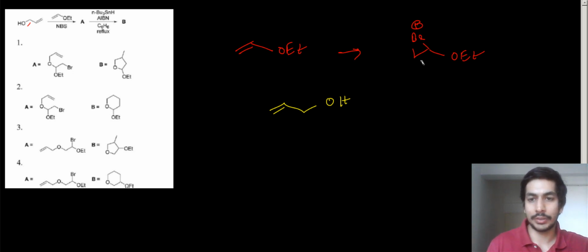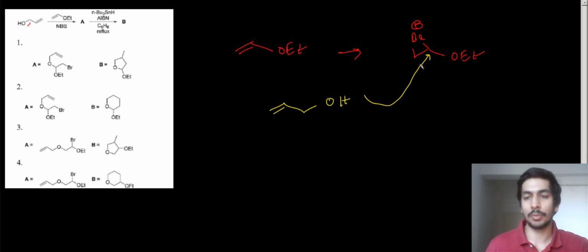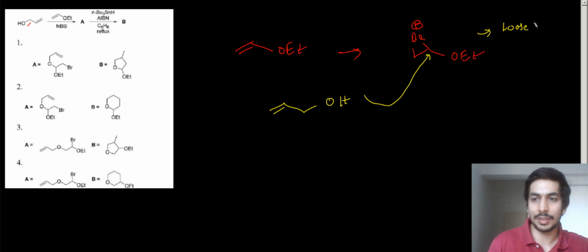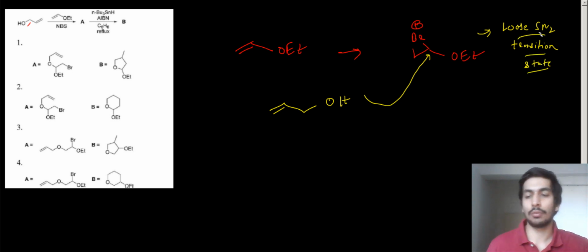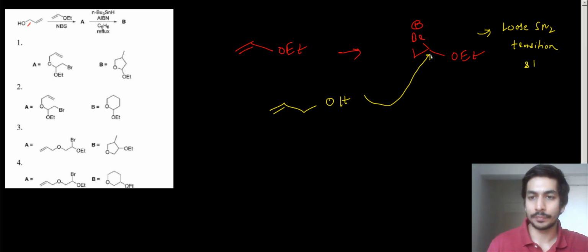In this particular case, the nucleophile attacks this carbon, the more hindered carbon, because of something called a loose SN2 transition state. Okay, this in itself is a very long discussion, but you can refer to Clayden. In Clayden it is mentioned in a very detailed manner what the loose SN2 transition state is and what happens in such ring openings. So over here you can go by that mechanism, and it will attack the more hindered site. So once it attacks the more hindered site, what kind of product will we get?